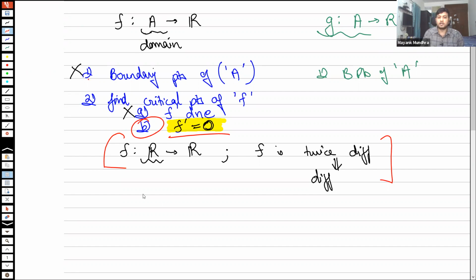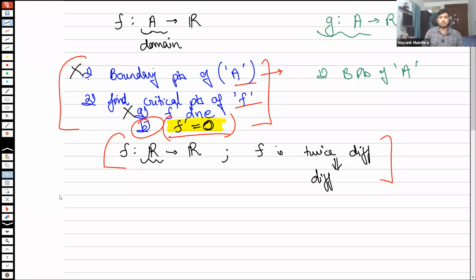Now, once we have located all these points, these are the points at which there could be an optima. Let's say we are only focusing on f prime equals 0. For boundary points and does-not-exist points, you will have to check if they are a maxima or minima. Can anybody tell me how do you check if a boundary point is a local maxima?